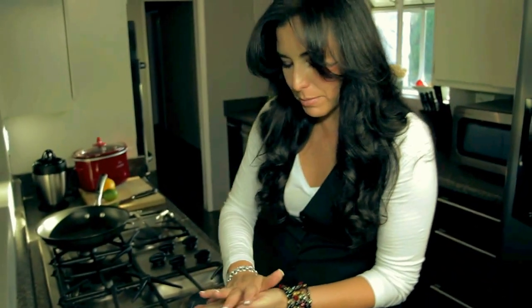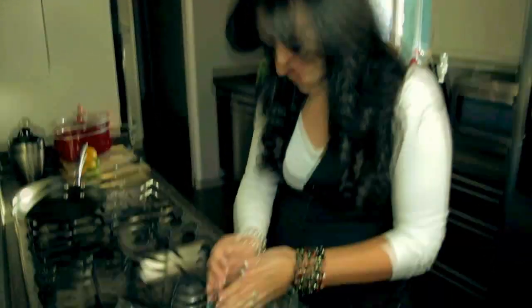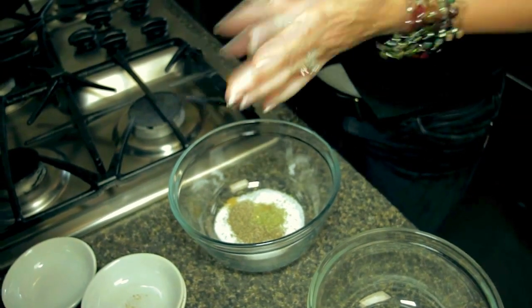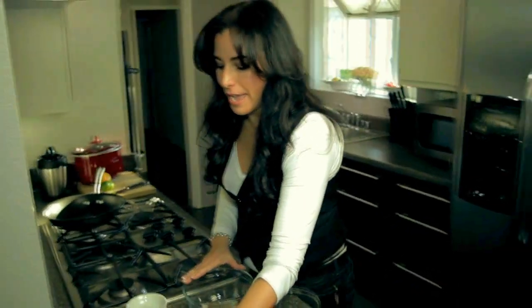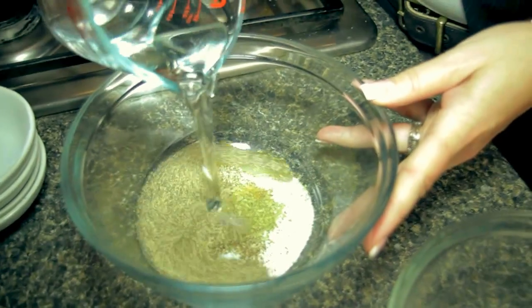I'm going to smash them in the palm of my hands to bring out the most flavor in them. Much more excited. Okay. To my seasonings, I'm going to add a 1/2 cup of water, a 1/2 cup of dry white wine,